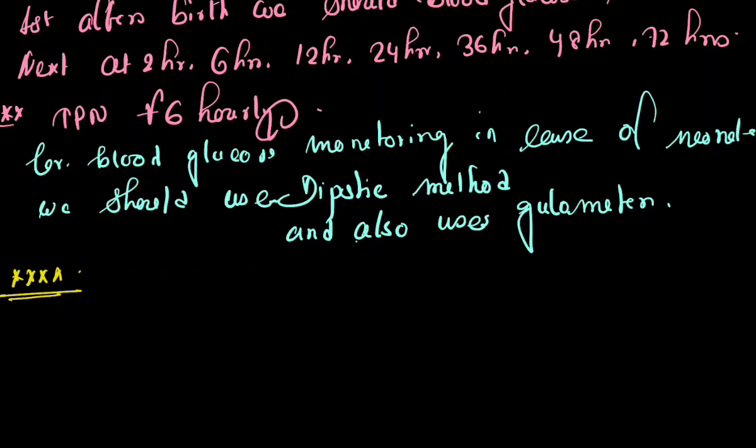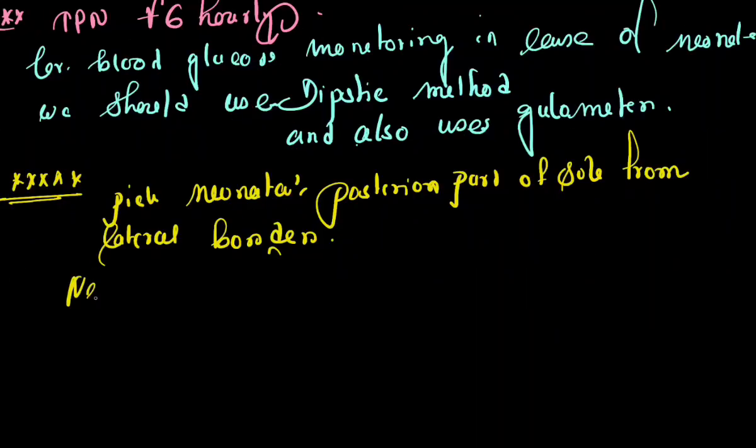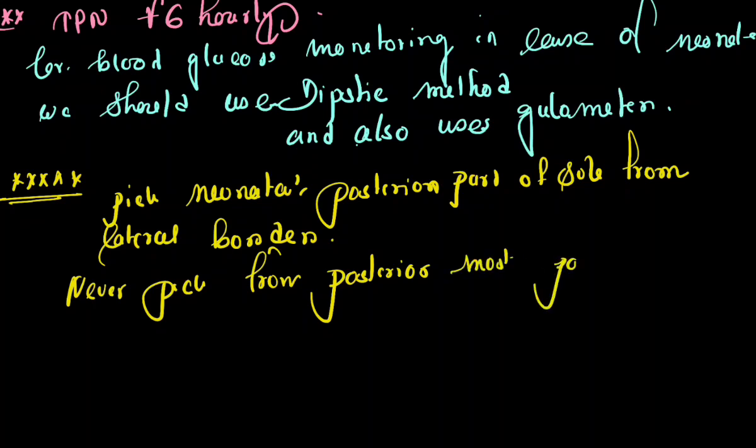A most important thing is when we use a glucometer to draw blood, always pick the neonate's posterior part of the sole from the lateral border. Never pick from the posterior most part of the heel,